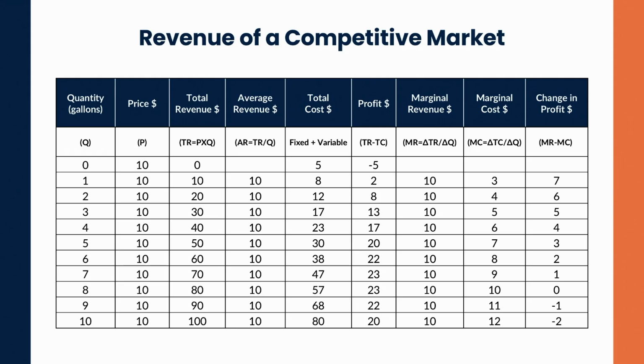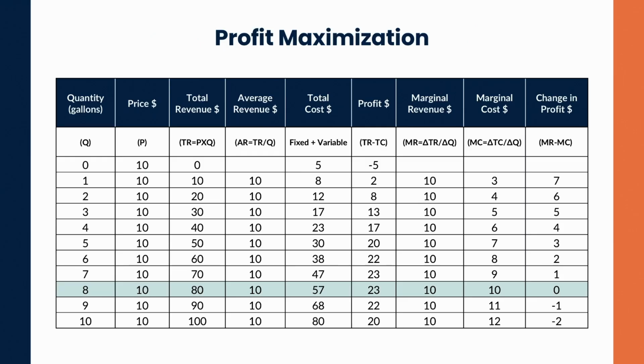So these are the books for a firm in perfect competition. Now looking at this chart, where would this firm produce in order to maximize profits? How many units would this firm produce? How many gallons of water would this firm sell? Well, remember, we always want to produce where our marginal revenue equals our marginal cost. That's what maximizes our profits. So here we would want to sell 8 units.